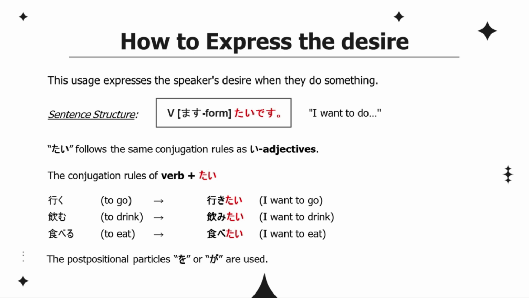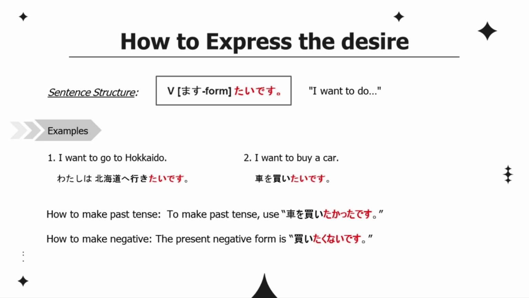行く、行きたい、飲む、飲みたい、食べる、食べたい。When the verb's object word is inserted, the postpositional particles are o or ga. Examples: I want to go to Hokkaido. 私は北海道へ行きたいです。I want to buy a car. 車を買いたいです。